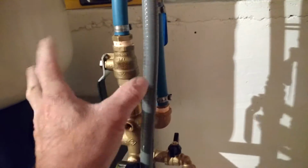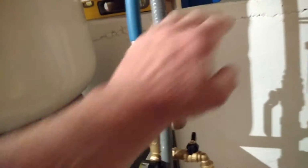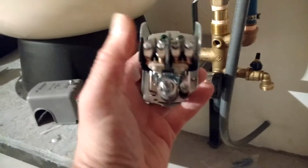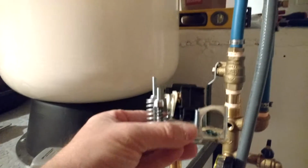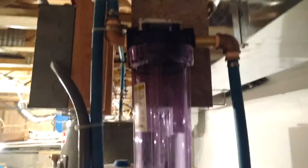or whatever. And even if these two were shut off, like so, and the system came on, the pressure tank would still pressurize and shut off. No harm will be done to anything. As soon as you open up your valves, of course, if there's any pressure drop, this pressure switch is just contacts with a high and a low pressure, and it just clicks on and off and basically controls your circuit. So from there I went to, and I put in right off the bat,